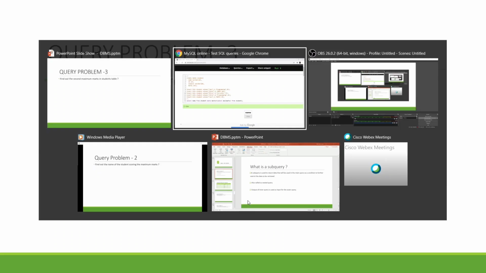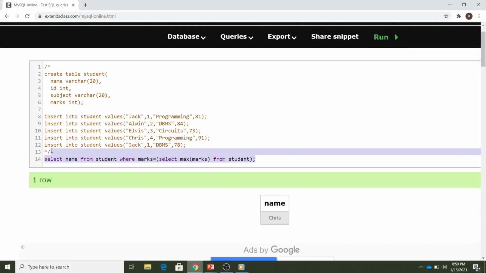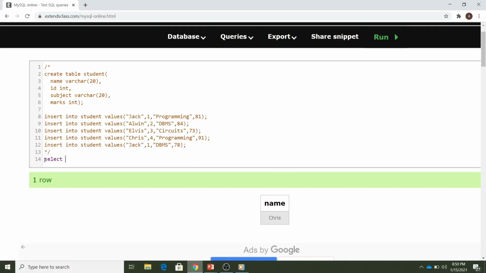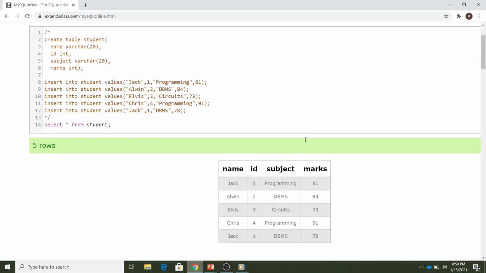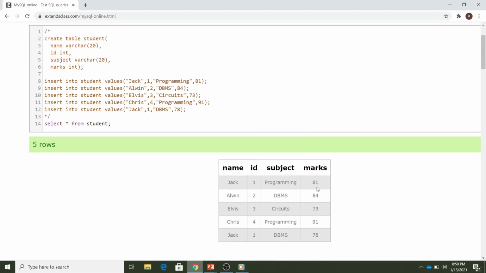If I come back to my table, let's just check what exactly is my table. I will do select star from student, and you can see there are 5 rows, and the second maximum marks is actually 84 that Alvin scored. So we again need to use the concept of nested queries.